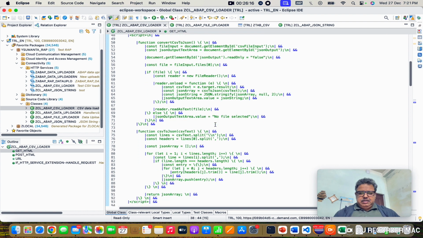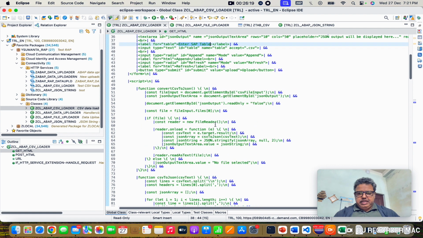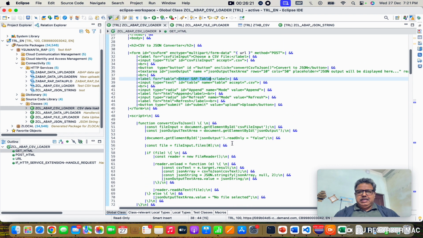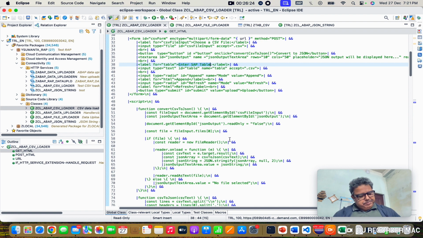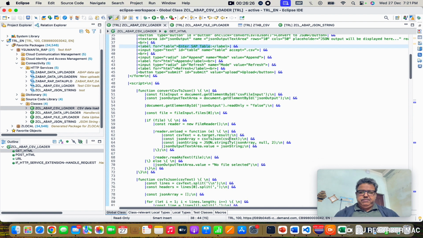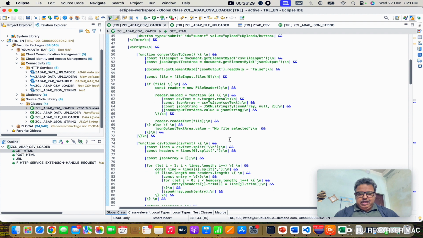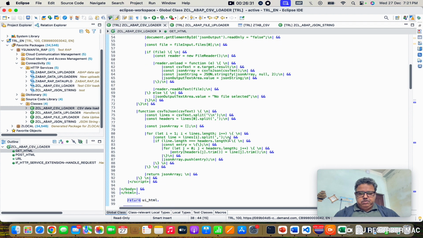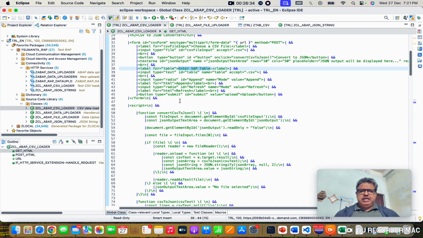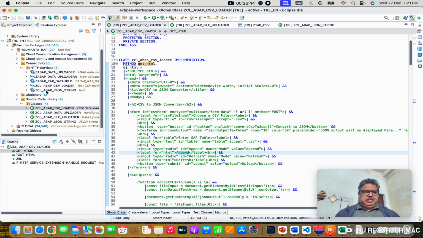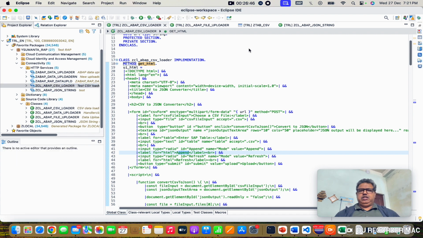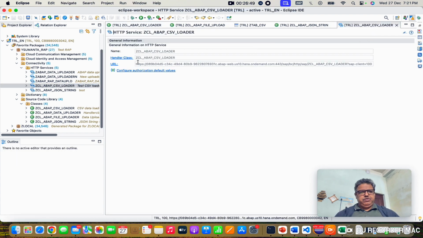You have some other beautiful things built up as well: if the table is not there, you have some validations as well. We have two parts: one is append and one is refresh. So let's see this ABAP CSV loader. This is the original URL. If you click on this URL,